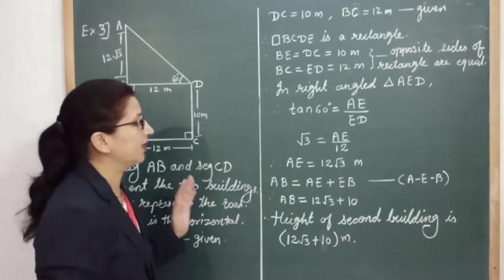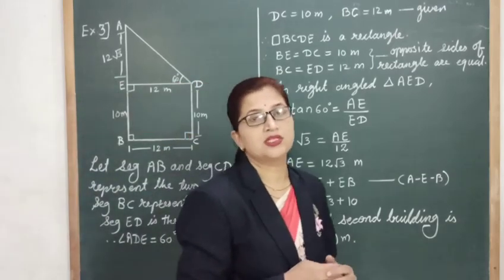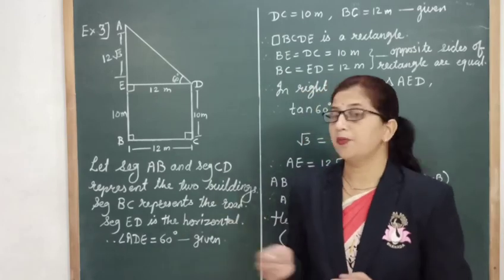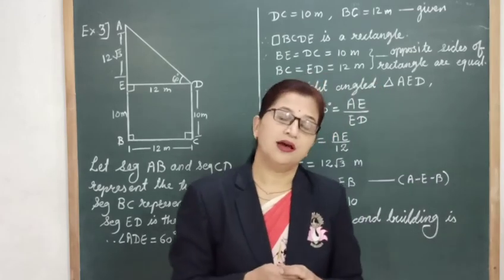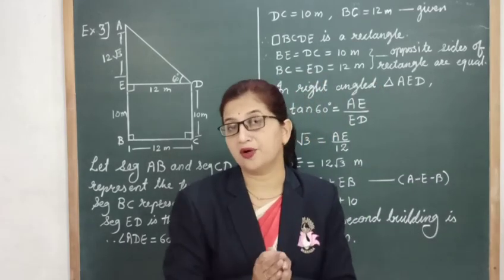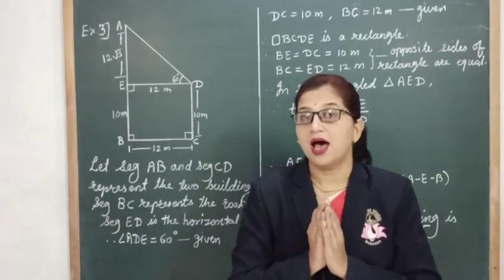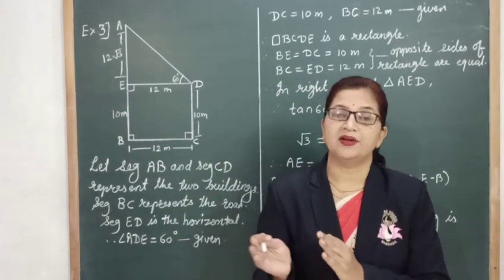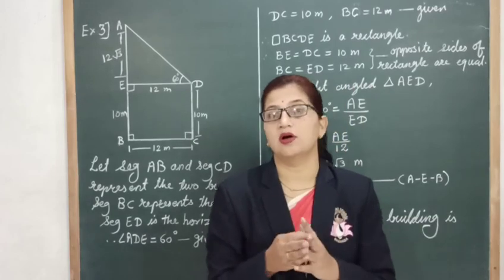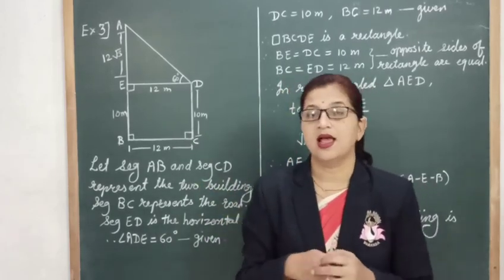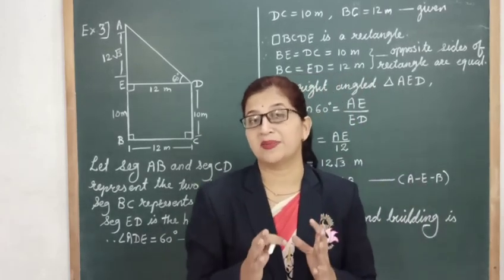So dear students, in this video we solved some word problems which we face in our real life. By using trigonometry, we can find out the height or distance between the ship and the lighthouse or the buildings, like that we can solve. Again, we have seen what is meant by the angle of elevation.